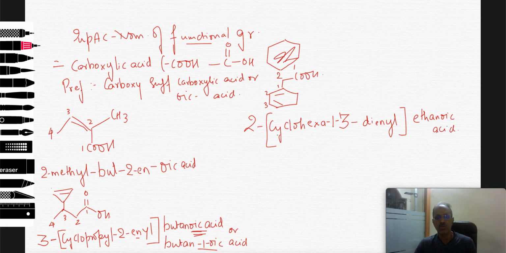Right? 2-cyclohexa-1,3-dienyl, because at position 1 and position 3 there are two double bonds. Dienyl because this particular part happens to be a complex substituent, then ethanoic acid. Right? 2 carbon atoms, so the root name is ethanoic acid. Right? Now after this carboxylic acid,